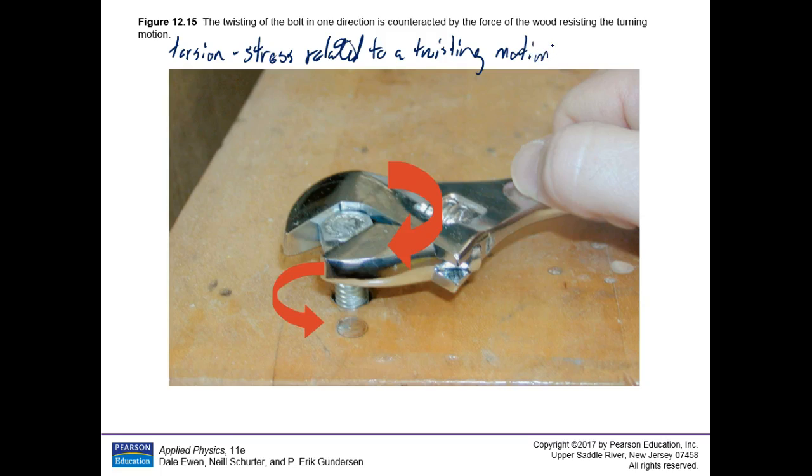Okay? Now, you're screwing the bolt into, there must be a nut underneath this that you're connecting it to. That is a twisting motion. I'll give you a little bit better